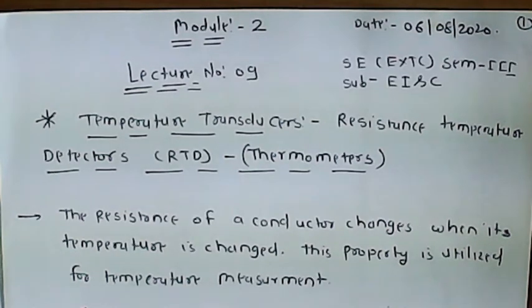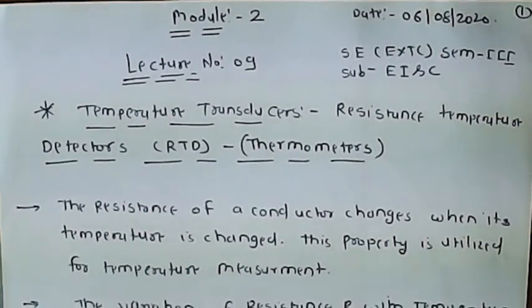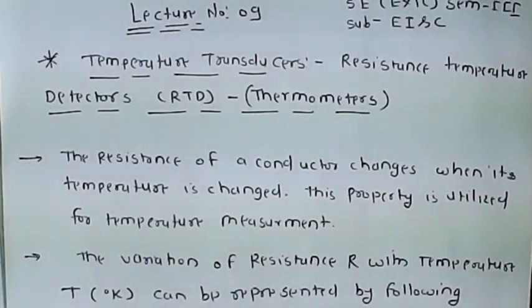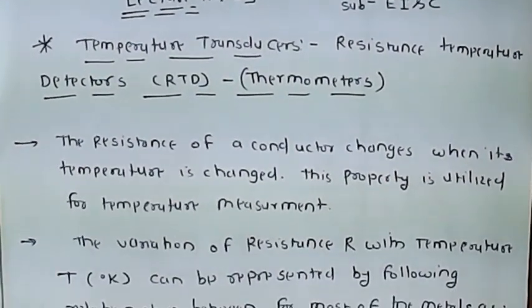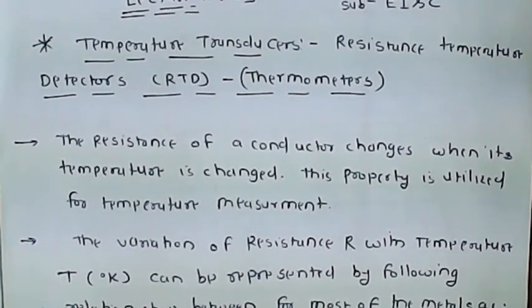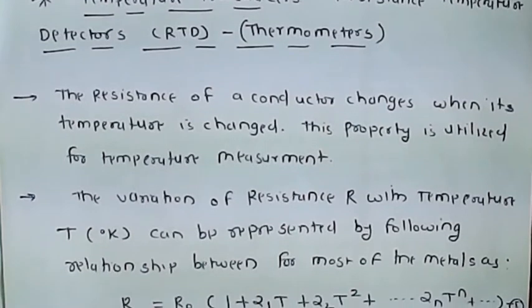The resistance of a material is calibrated in such a way that the change in resistance can be measured as a change in temperature in an RTD. That is the basic function, or basic working principle, of an RTD. Now,